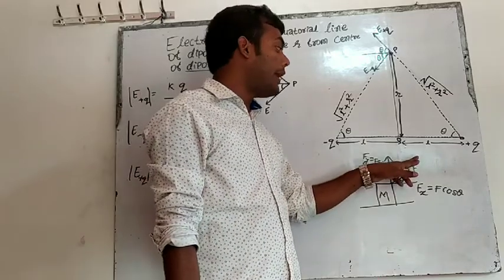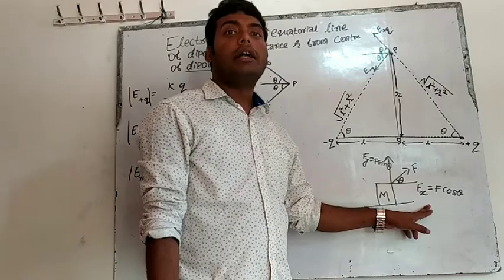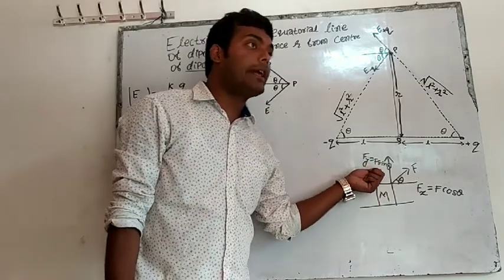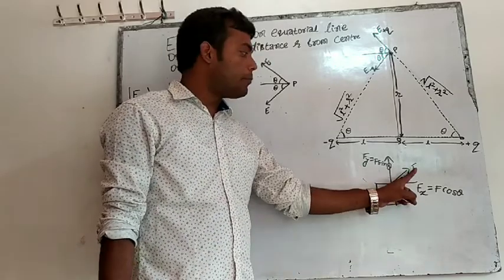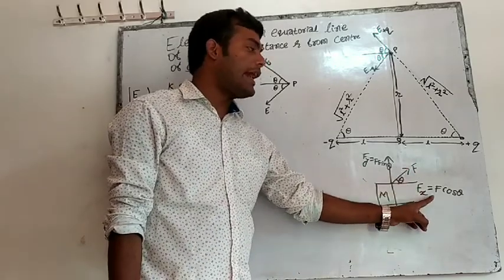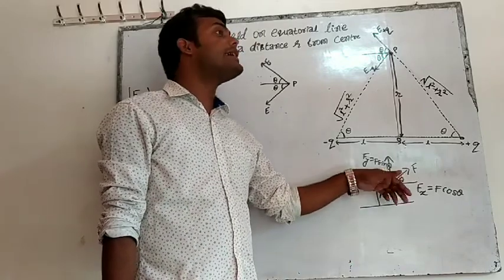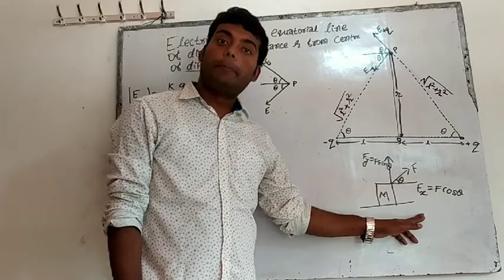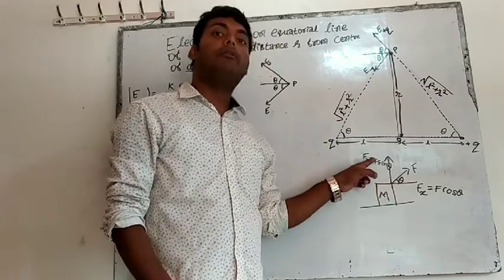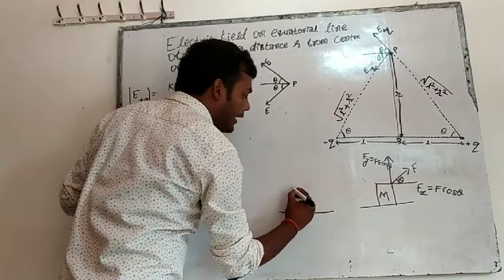Remember it like this: if the force makes angle with x-axis, then the x component will be cos, and the other component, that means y component, will be sin. Again I am repeating, if this force makes angle with x, then x will be cos and the other will be sin. क्या देख रहा है, ये फोर्स किसके साथ एंगल बना रहा है? अगर फोर्स x के साथ एंगल बनाएगा तो x कंपोनेंट cos होगा और बाकी का y कंपोनेंट क्या होगा? sin होगा. ऐसे let's say I am taking another example.